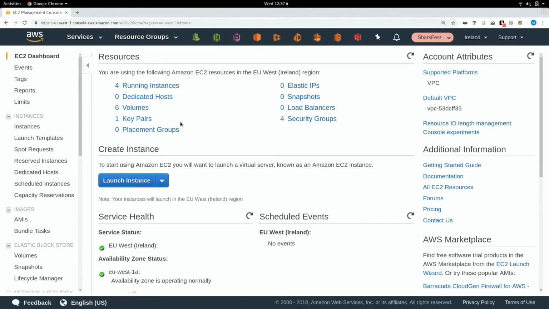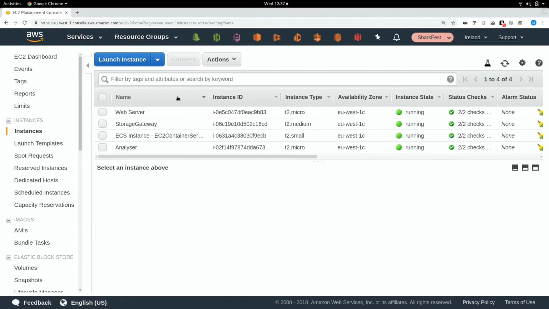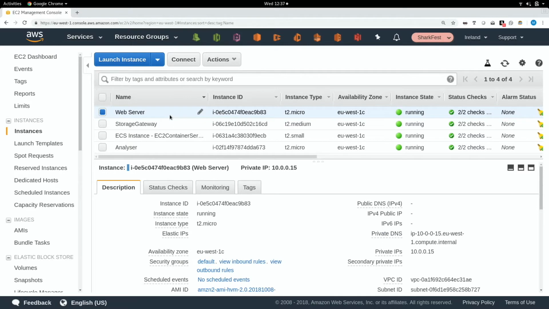Okay, so we've got a private account, a SharkFest account funnily enough, on AWS here, based in the Ireland region, and we've got a bunch of tools that we're going to use to demonstrate how you can do this stuff, hopefully, within this environment. So the first place we're starting here is self-managed instances. So we're talking about EC2, which is Elastic Compute Cloud. If I come in here, I can see I've got 4 running instances, and one of these instances is my web server.